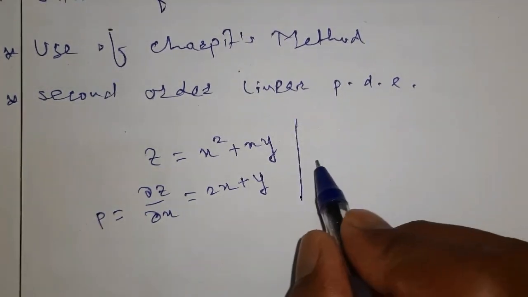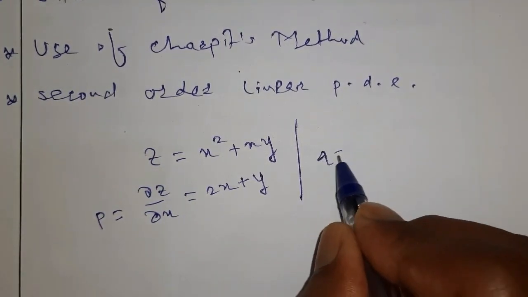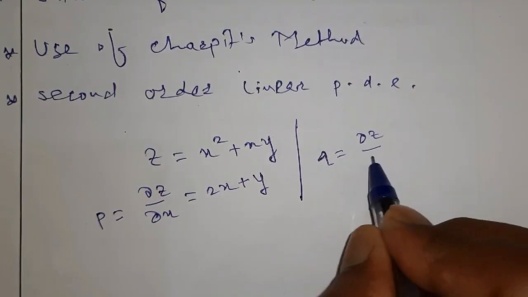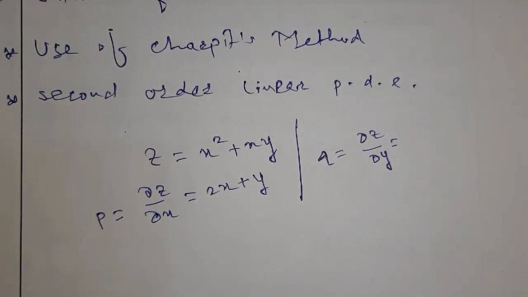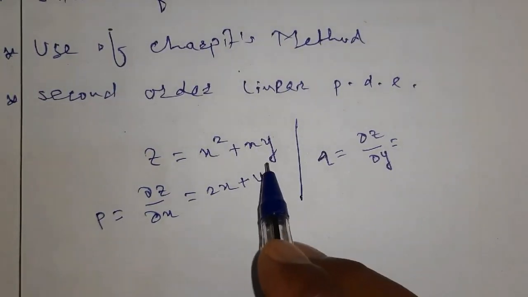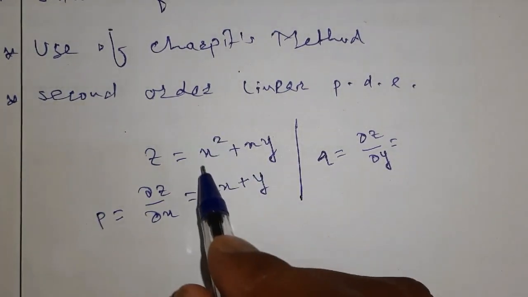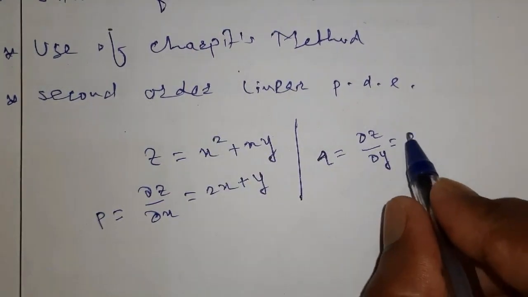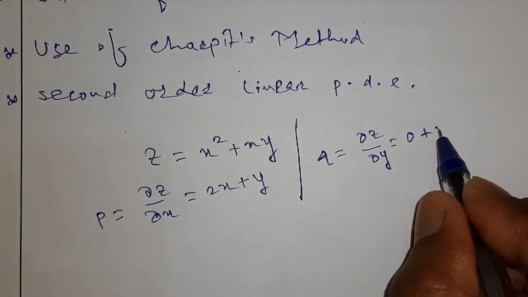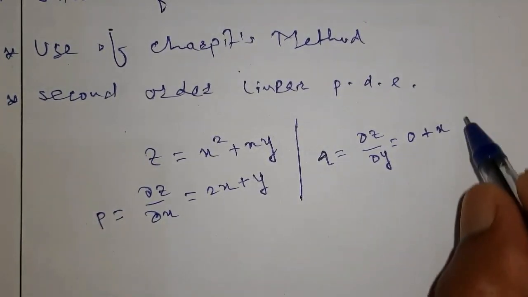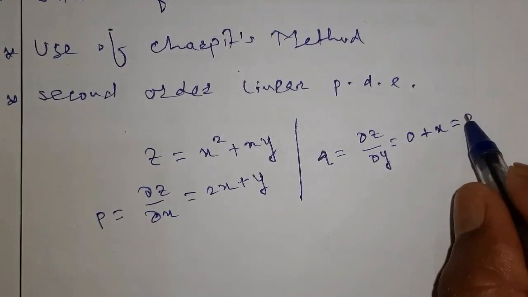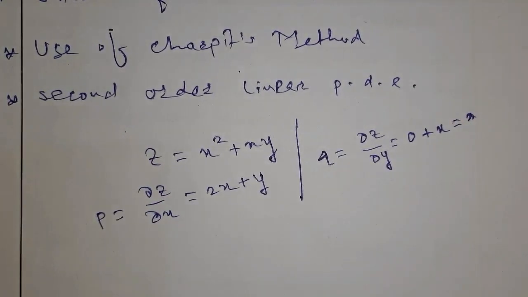Similar way we can find small q, that is dou z by dou y. With respect to y we have to differentiate. So will you tell me with respect to y now, keeping x constant. So what is derivative of constant? 0 plus x is constant, so x as it is. What is derivative of y? 1. So our answer is only x. Understood it? So here we have to understand the concept of partial derivative.